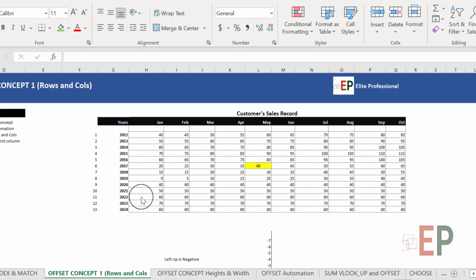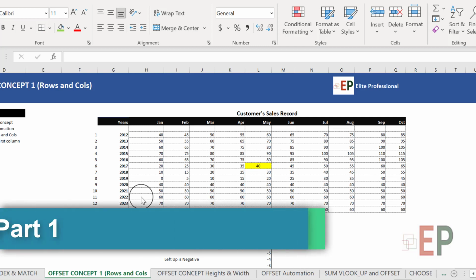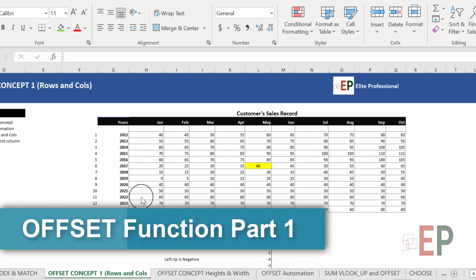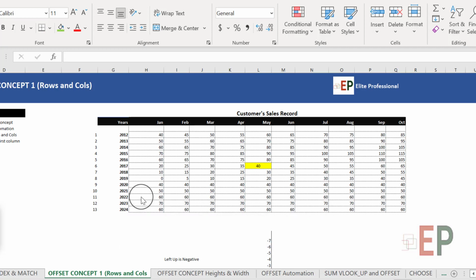Alright guys, so let's discuss the concept of offset. Offset is a very powerful tool and a very powerful function. It is good for automation, but it is volatile, so you have to be very careful whenever you use offset. Every time you use offset, it's going to continue to